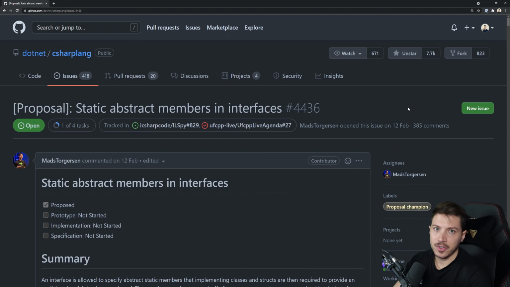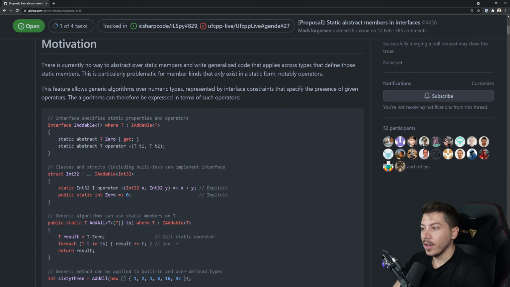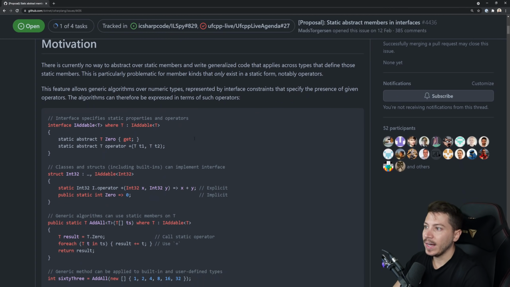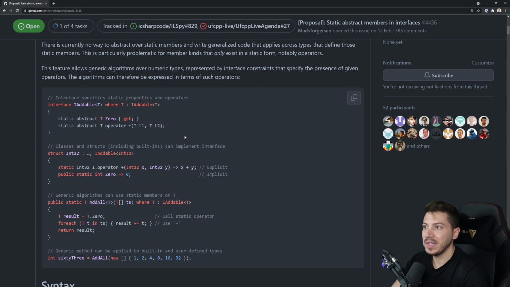And now the last feature, which I don't have code for and I didn't actually want to talk about, but I'm just going to mention it, is the static abstract members in interfaces. I know that's a lot. Basically, the main motivation behind this is mathematical operations and generic algorithms. I've never come across the need to actually have something like this in the language. And that's why I don't know exactly how to explain it, because I can't wrap my head around it.